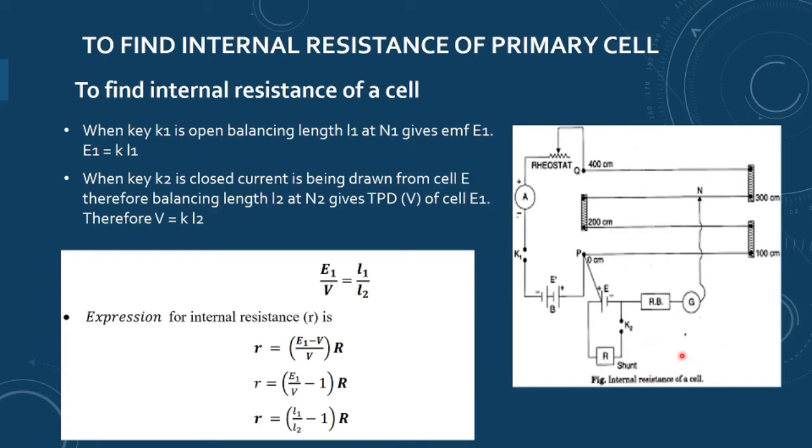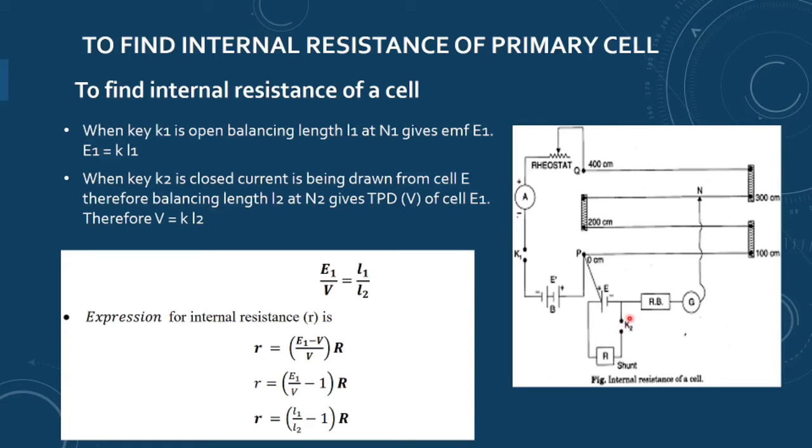To understand the circuit diagram is very important. This small resistance box, we call it the shunt resistance also. Now how to do this experiment to find the internal resistance? Firstly, of course, the K1 key is to be inserted. K1 key you will insert, and what you have to do is find the null position without